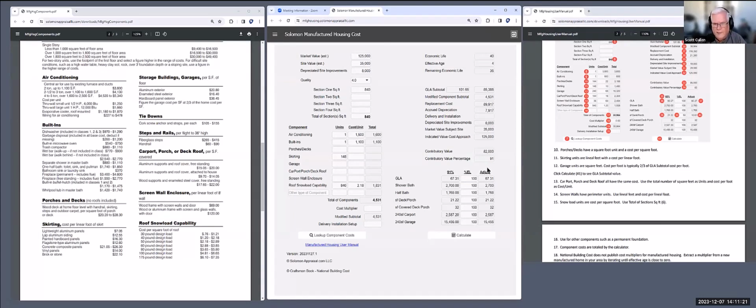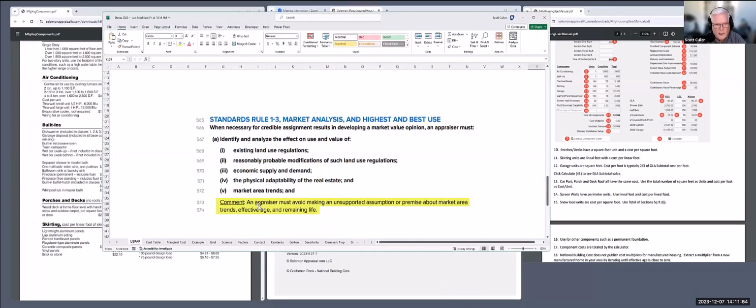the manufactured housing unit add to the value of the land? Well, it adds 91% of its cost. It only contributes 82,000, but the total cost is 89.9. So there's a 91% contributory value percentage. The reason that's helpful is it does give you support for effective age, and economic life is assumed in the cost data. It gives you the remaining economic life, and that's important because in USPAP, it states that an appraiser